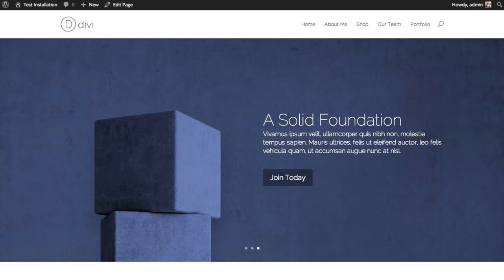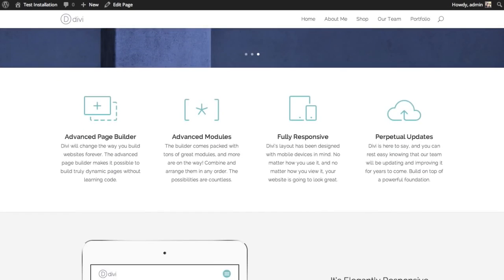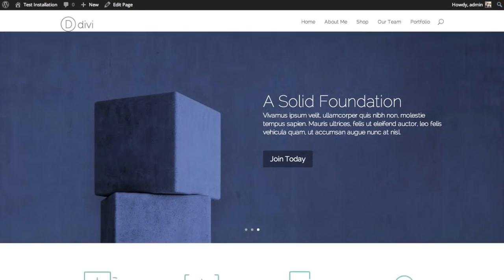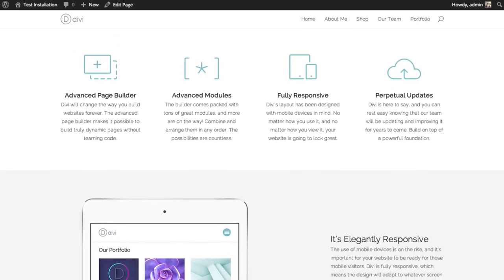With the combination of sections, rows, and modules, you can build just about anything. It's really great. Here you can see we have our demo up. This first section is a full width section with a slider. Below it, we have a new section with a single row of 4 columns. And below that, a new section